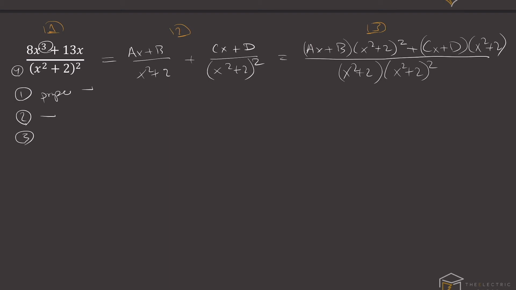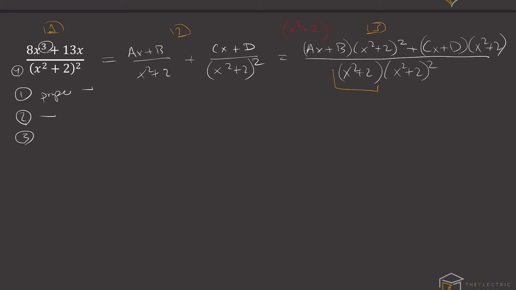Now we know from the previous video that I don't really need to write down the denominator because it would always get canceled, but I'm writing it because it's important to know that if you compare the previous one with the new one, there's an extra x squared plus 2 that we need to get rid of in order for everything to make sense, and that just means that I need to factor an x squared plus 2,